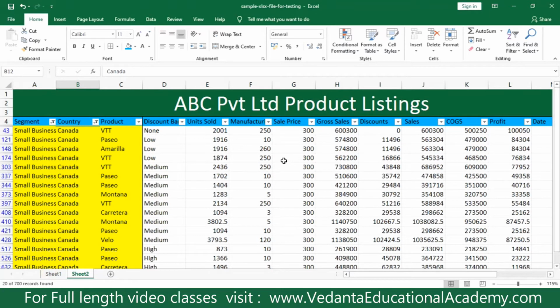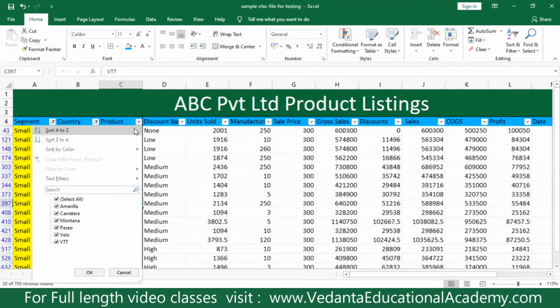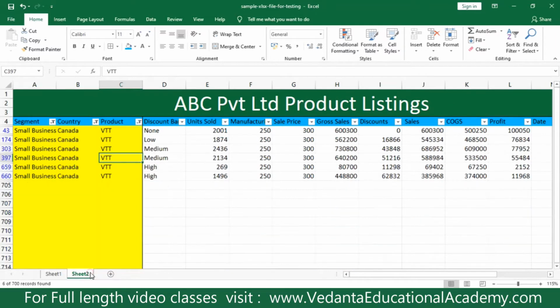Now we are looking at data which belongs to Canada and to the segment small business. In that, I would like to view the data of the VTT product. So you click on product, then deselect all and select only VTT, then OK. So now this data belongs to only VTT.